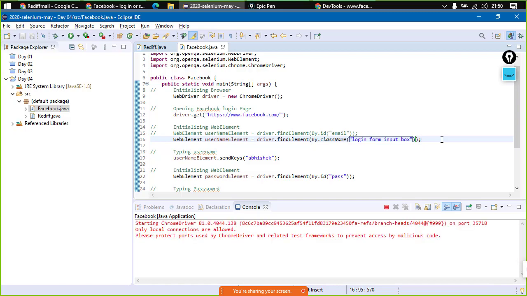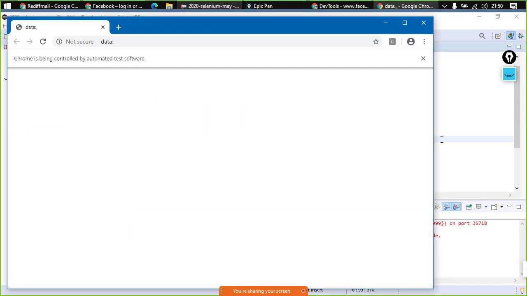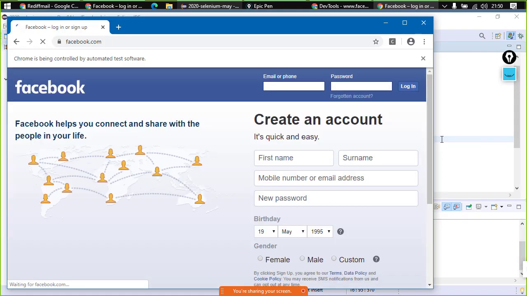See, there are only two things. Either it is able to access it, or it is not able to. So let us just see what has happened. We are not sure whether it will be able to work with it. And again, the Facebook page is taking a lot of time. I'll just click on this X button, and it has accessed the username field and the password field, right?